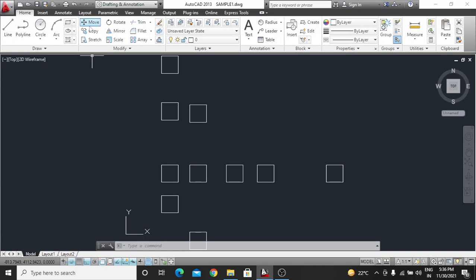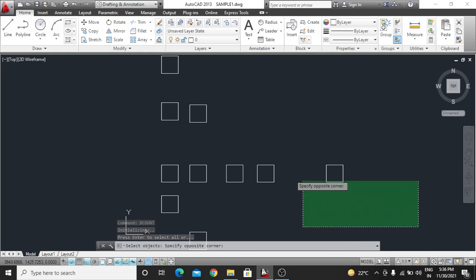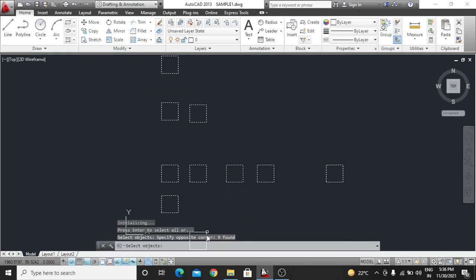It is the only shortcut key. Just press B C O. Okay, here you can see the last B count. Select this and select all objects, guys. You have selected all objects and enter.